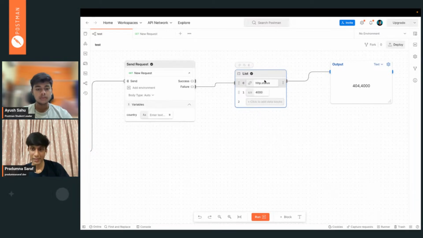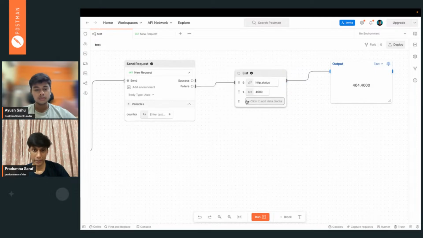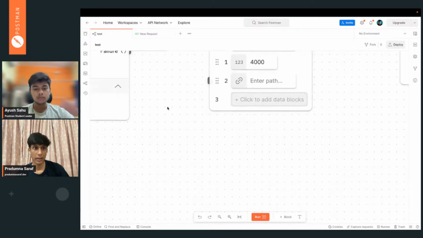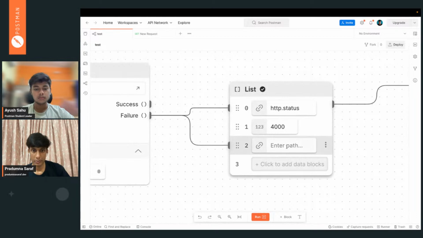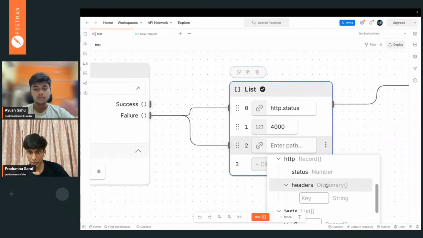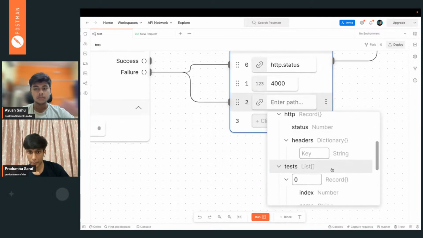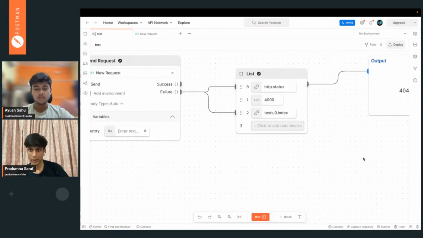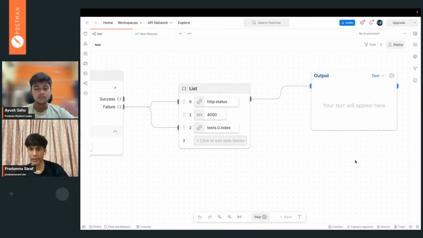So this is the reason we are not getting the first response, because we are intentionally doing the failure case. To wind up, if we use select again, we can add one more data over here, an index number. Now it should give us all three data.